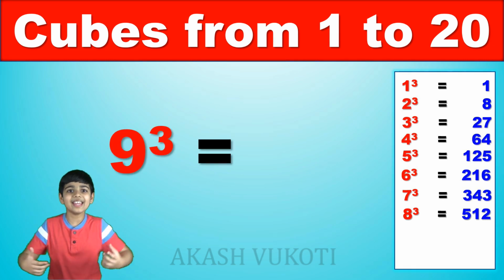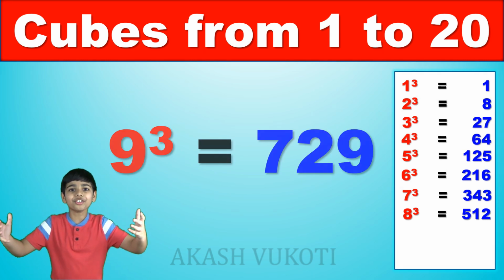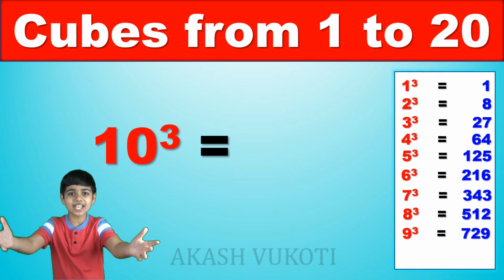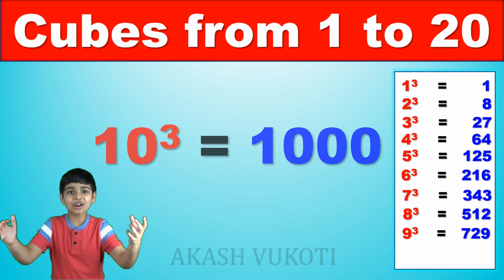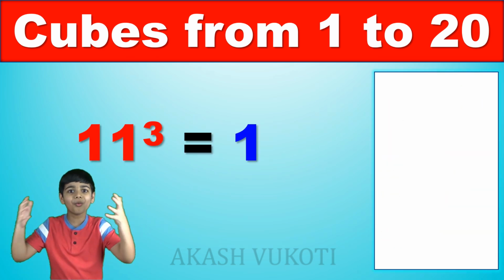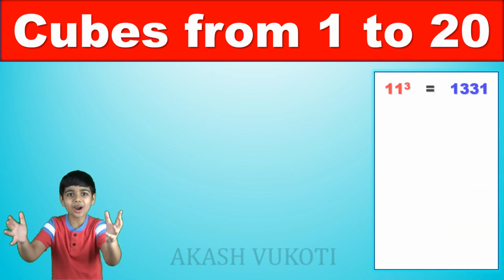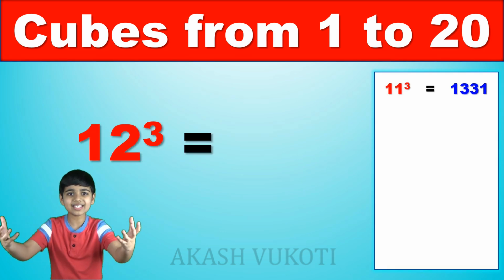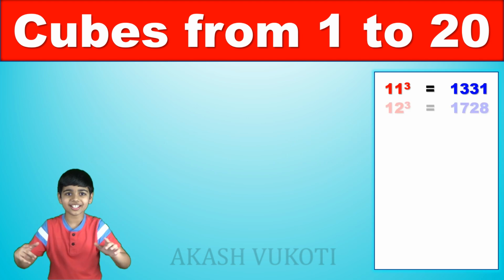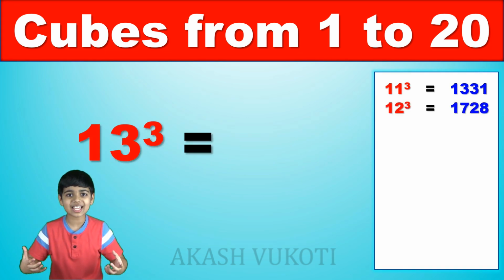9 cubed is 729. Great, let's go. 10 cubed is 1,000. Amazing. 11 cubed is 1,331. 12 cubed is 1,728. Great. 13 cubed is